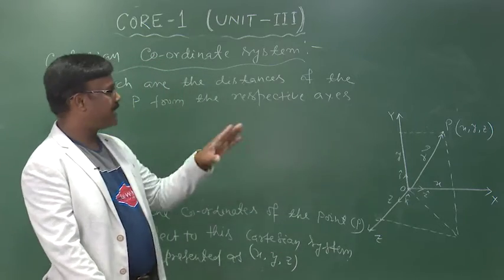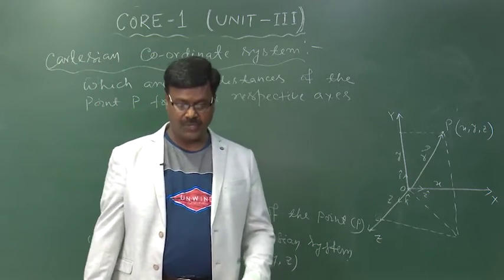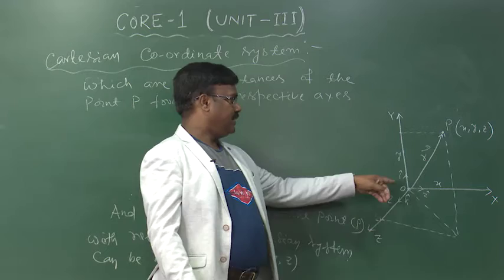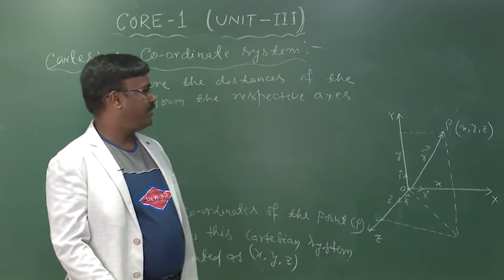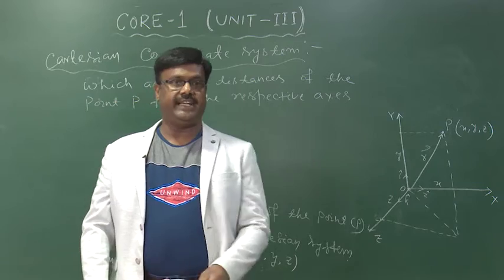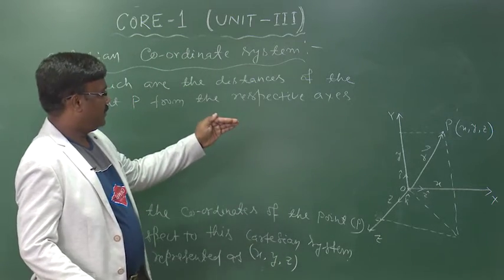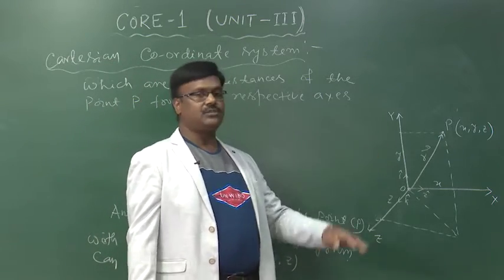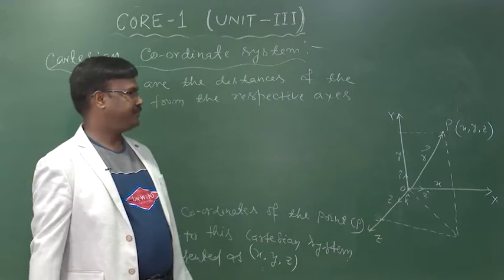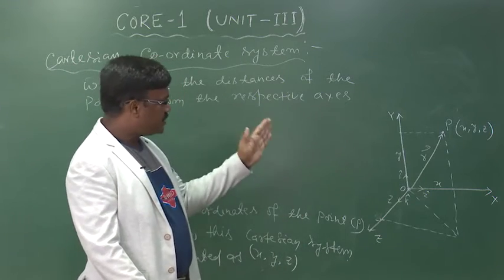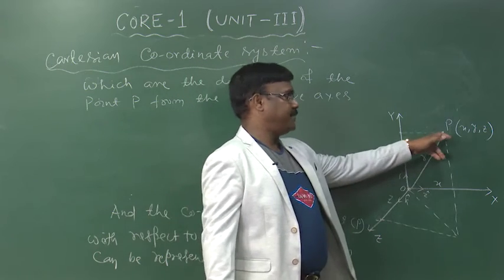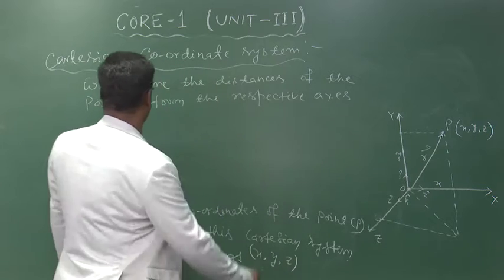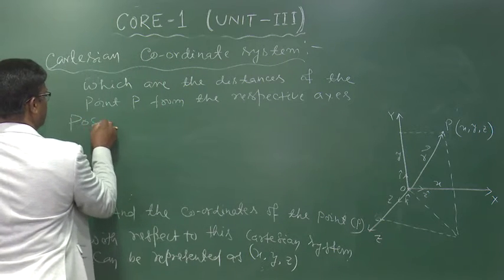Now with respect to this Cartesian coordinate system, we can calculate the position vector of the point P in terms of these Cartesian coordinates x, y and z. Similarly, we can also calculate the displacement of a particle with respect to the origin in the Cartesian system. Let us start with the position vector of the point P with respect to the origin of a Cartesian coordinate system. So let us start with the position vector.